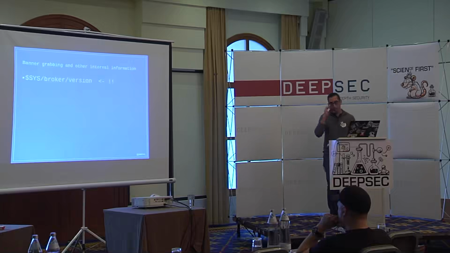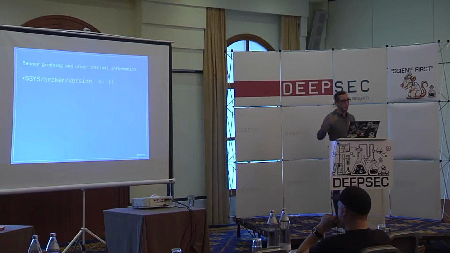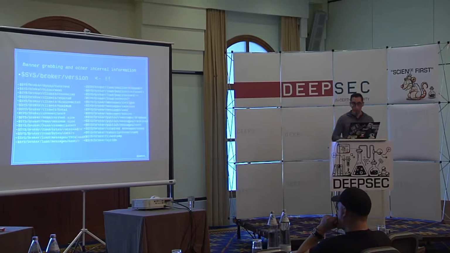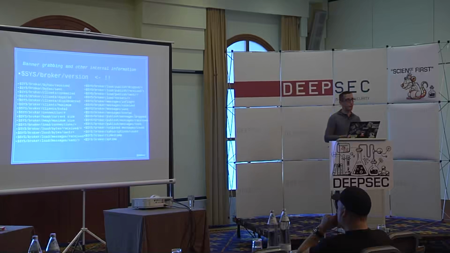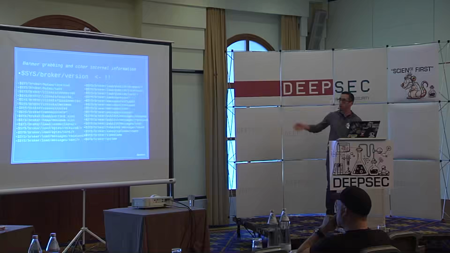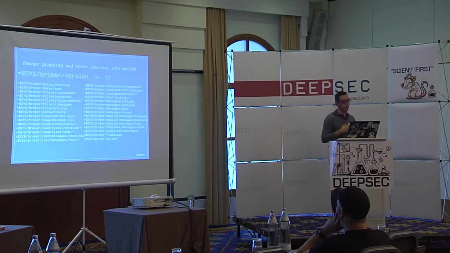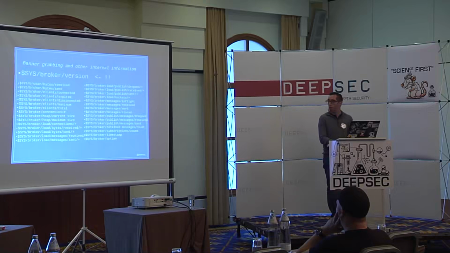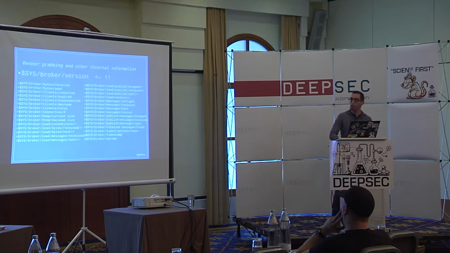According to topics on Mosquitto, if you are approaching a Mosquitto broker, that's a common standard. So even if it's not Mosquitto, most of those topics will be relevant. You can use any kind of topic. Pay attention to the $ sign. The $ sign says that you can't use wildcards within it. So that's why I have to list all the topics that you have to subscribe to in order to get information from the system. Some of them are pretty interesting and worth your while if you are into MQTT. It's just there, anyone can use it and try to figure out what kind of information you can get from the MQTT broker.